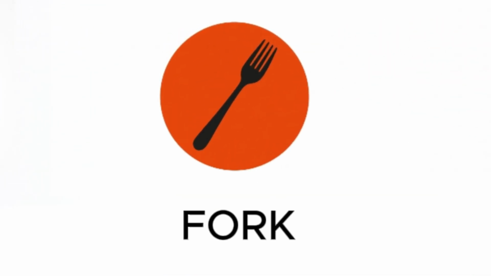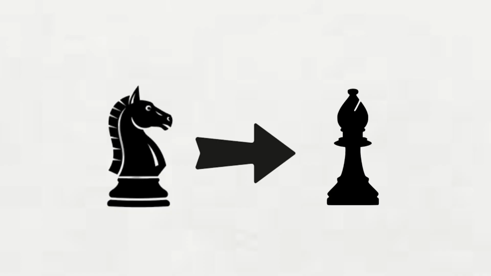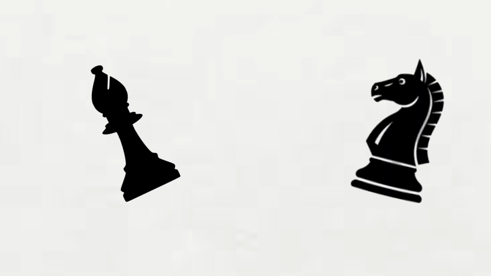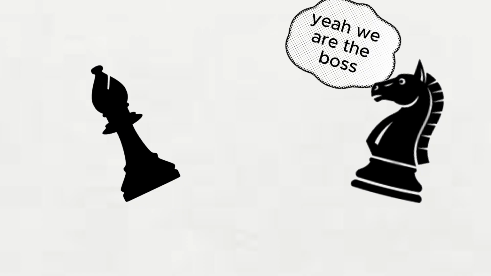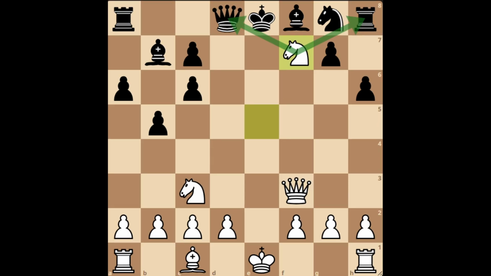Fork. Fork is a tactical maneuver where a single piece attacks two or more pieces simultaneously. This includes pieces like a knight or a bishop. These two pieces are effective for forking, especially the knight. For example, in this position the queen is defending the knight so the knight can take the weak f7 square, forking the queen and the rook at the same time, making Black lose a huge amount of material and giving him